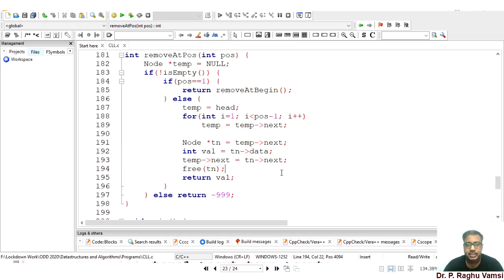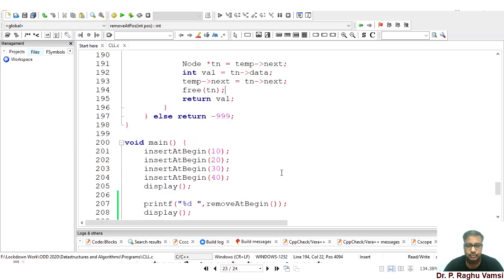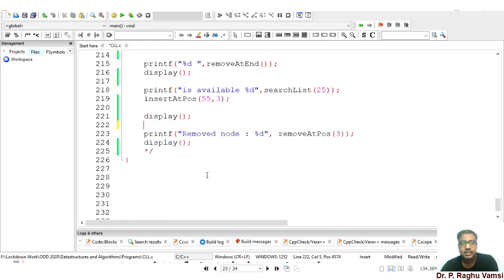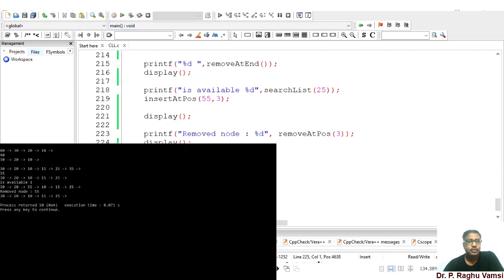Let us see the output of this code. Uncomment the statements, save, and run the code. Good. So the removed node is 55, because we inserted 55 at position 3. The same node was removed from the list.